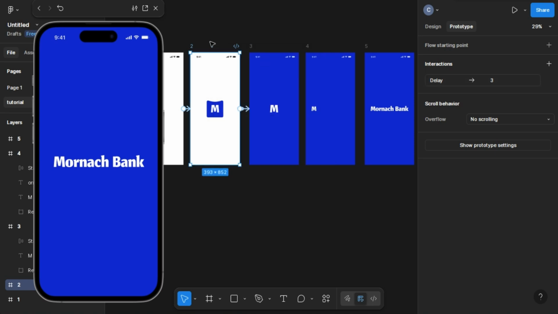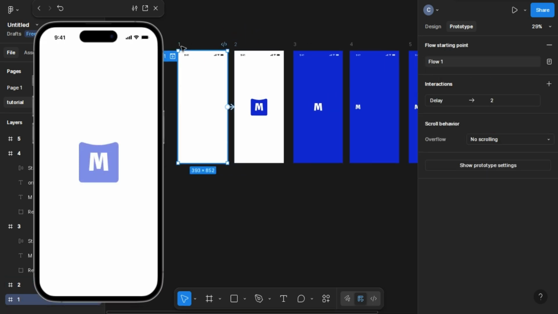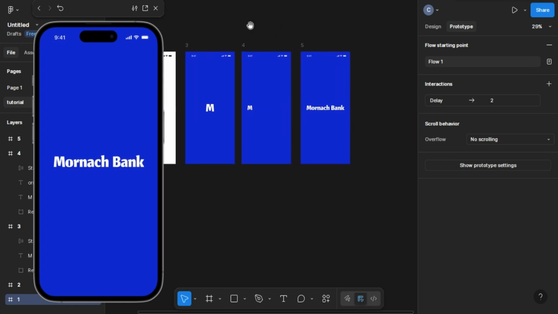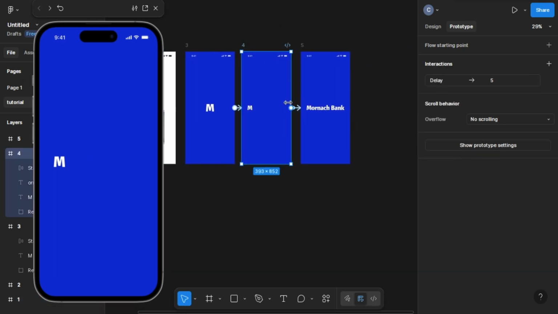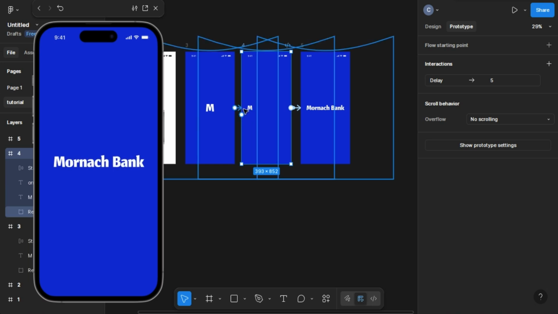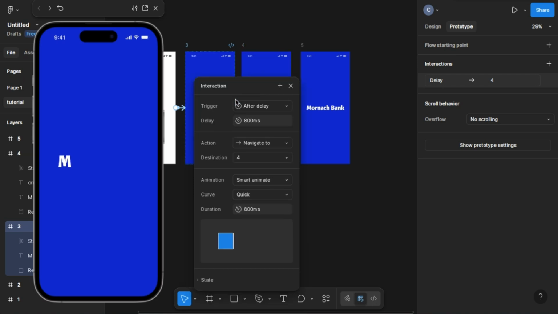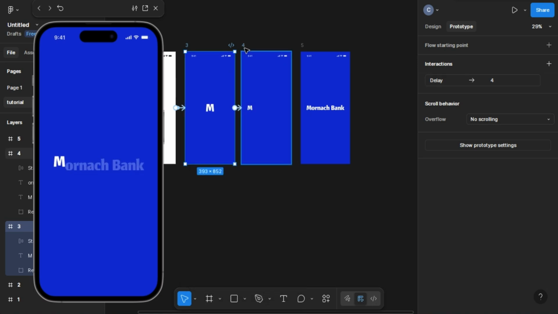Okay, so let's see how it goes. Okay, that's good, but over here we can see that the duration is quite much. Let's see from this to that, and